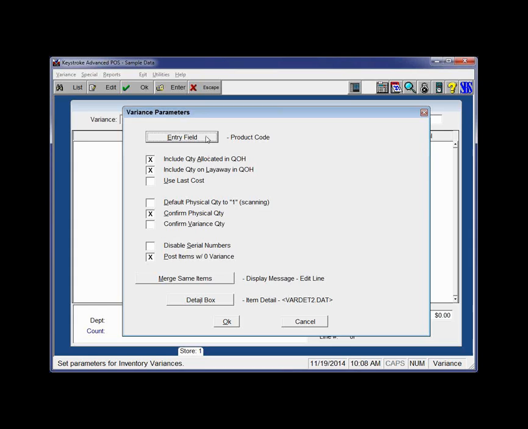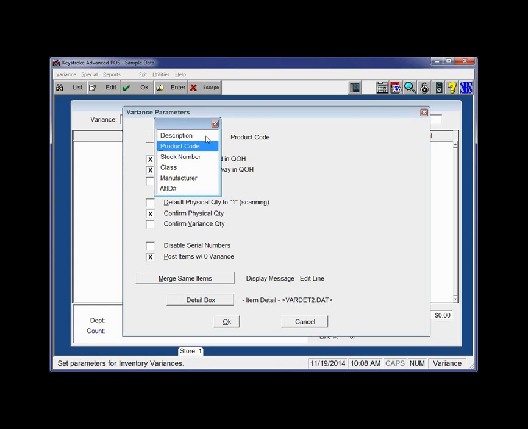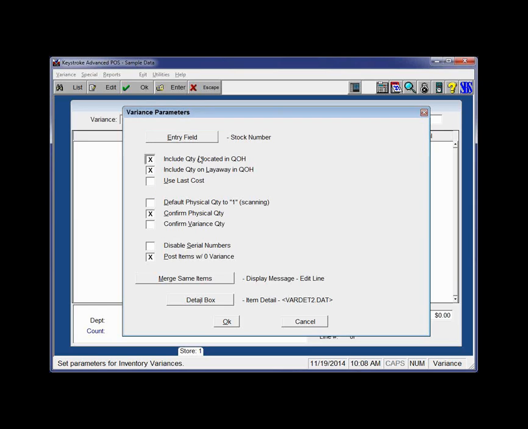You can choose what you want your entry field to be. It's all of our indexed fields. I'm going to change mine to stock number just because I know the stock numbers that Keystroke uses more than I know product codes. I'm going to choose to include my quantity allocated and my quantity on layaway in my